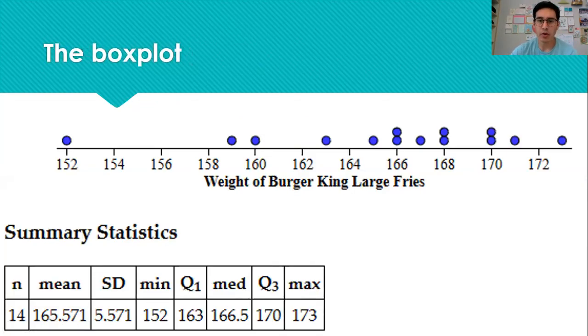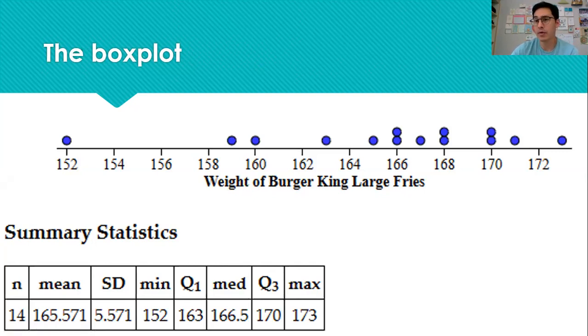So here's the data set that we're going to be working with. It's the weight of Burger King large fries. Every time you go to Burger King and you purchase a large fry, it's not going to weigh the same amount. Sometimes they may give you a little bit extra. Sometimes they may skimp out on the number of fries they put in the box. So the weight of the box is going to vary from one purchase to the next. And so we want to investigate this and really think about,